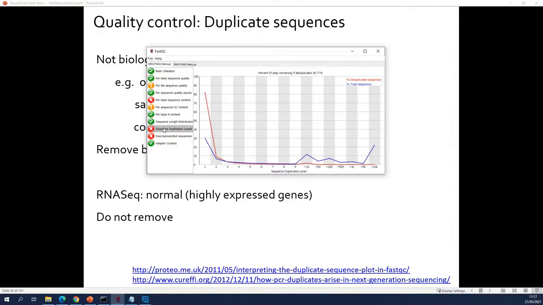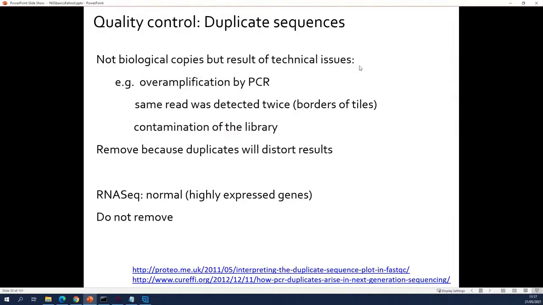Well, the second thing that he checks in your FASTQ files are duplicates. What are duplicates? These are reads with exactly the same sequence. And why is he searching for it? Well, because a lot of libraries for next-gen sequencing are contaminated. And this is a way to find the contamination.